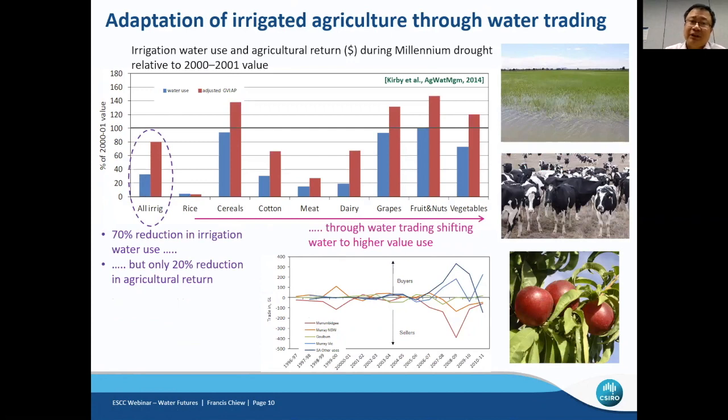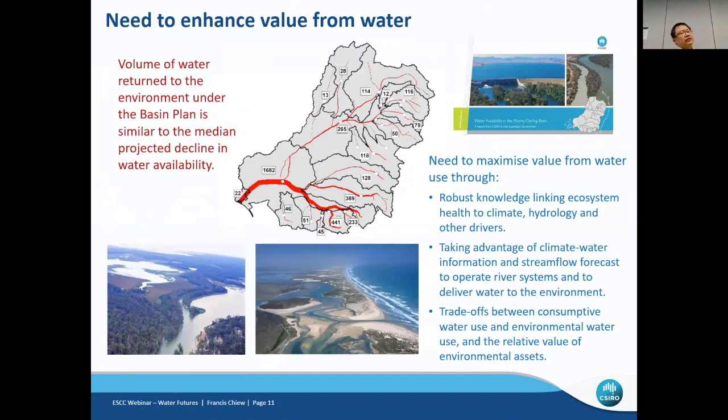That's just an example in the Murray-Darling Basin. So there are mechanisms that we're using to help us sustain longer dry periods. Having said that, there's no question that the volume of water that has been purchased back for the environment, the 2,500 gigaliters or so I mentioned, is very similar to the median projection of decline in water in the Murray-Darling Basin. Because of this, a lot of the buyback could possibly be wiped out by declining water from climate change